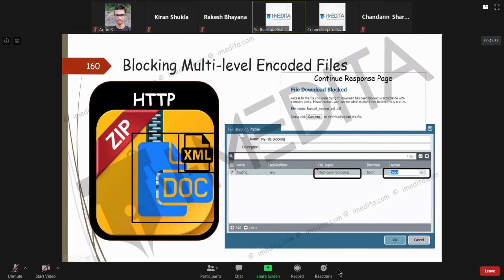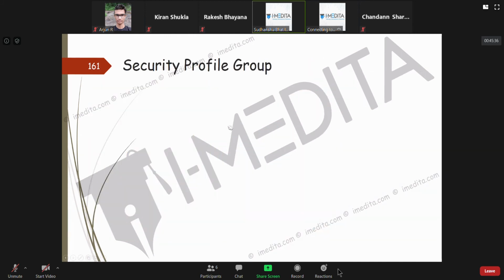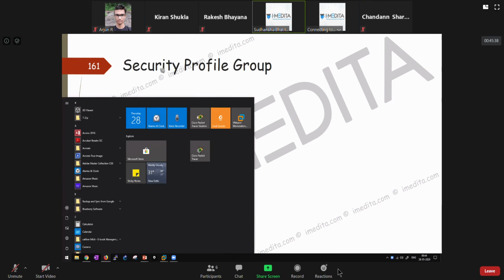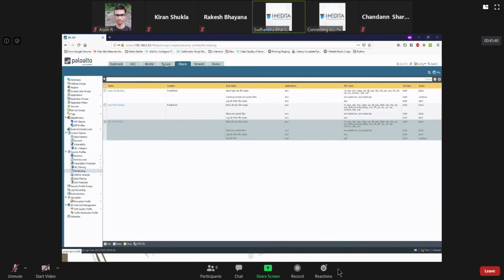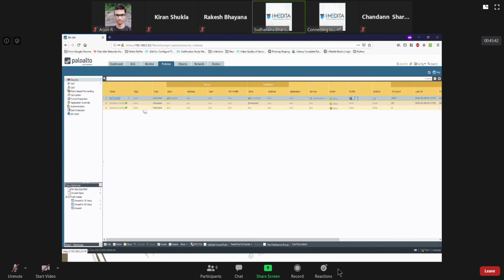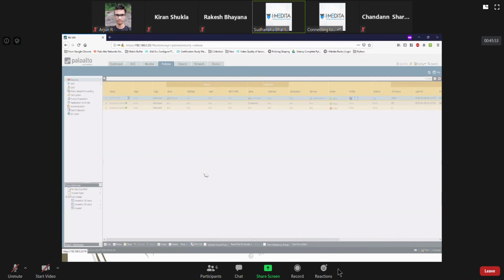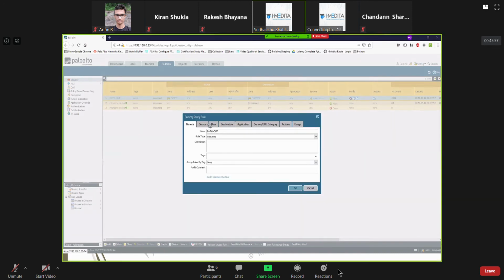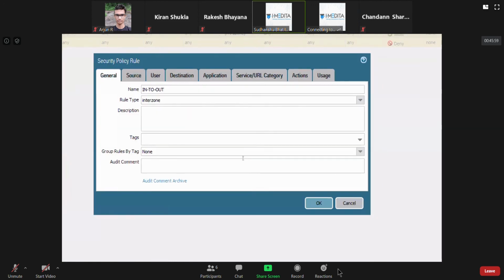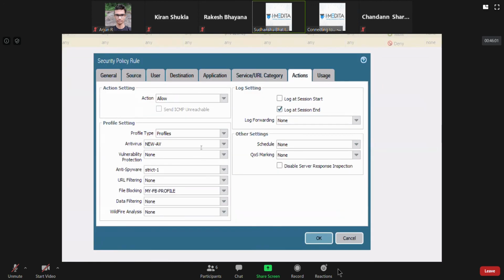Clear? Now, sometimes these security profiles can get a bit much in terms of how I am supposed to apply all these profiles. The more rules or security policies you have, the more difficult it becomes to mention these profiles in multiple rules.